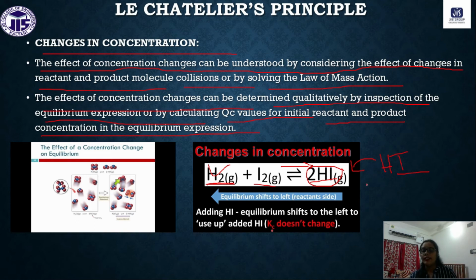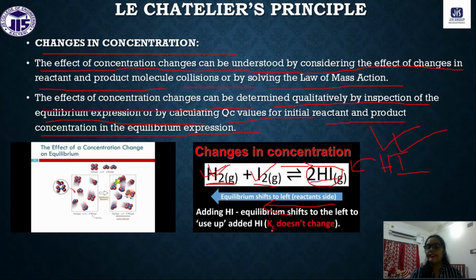The hydrogen iodide already we have in our reaction medium, and after addition of HI, what will happen? The amount of HI will be high. Now this amount should be minimized by the reaction medium. How? By increasing the rate of the backward direction reaction. That means more hydrogen iodide will dissociate into hydrogen and iodine, so that whatever HI we have added